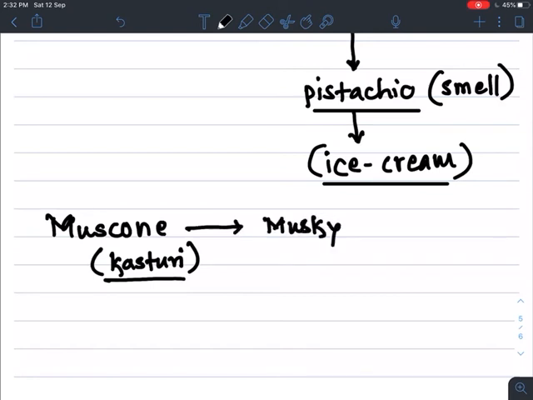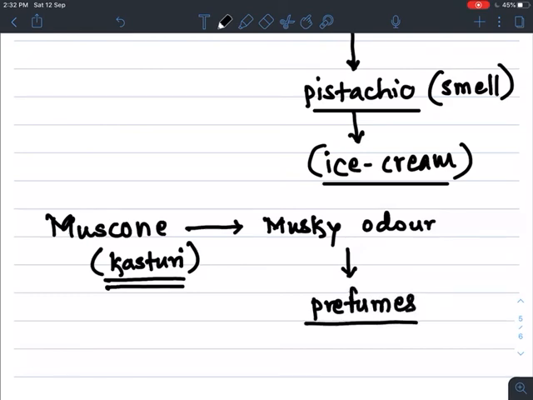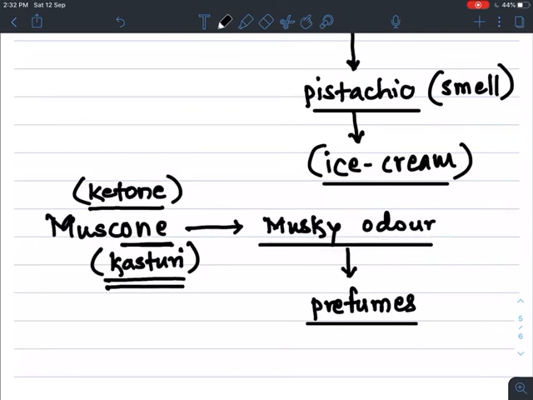You know the smell of kasturi, and this muscone has a musky odor or musky smell, and therefore it is used in the preparation of perfumes. So this muscone has an ONE ending here. This ONE ending means it is a ketone. One more example of ketone, which has a musky odor, a very pleasant odor, and therefore it is used for